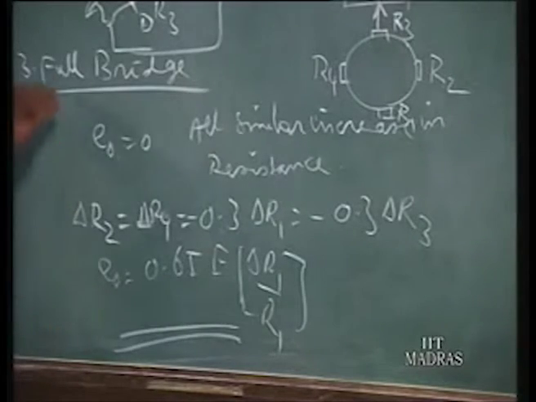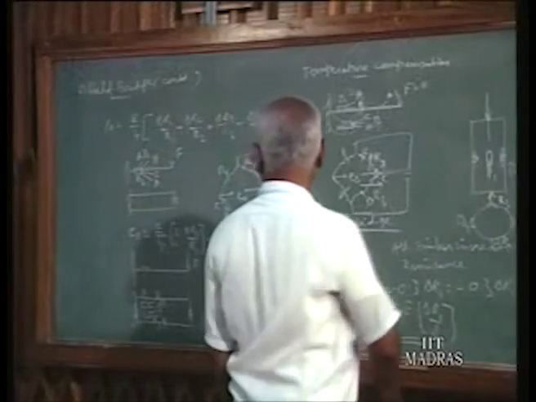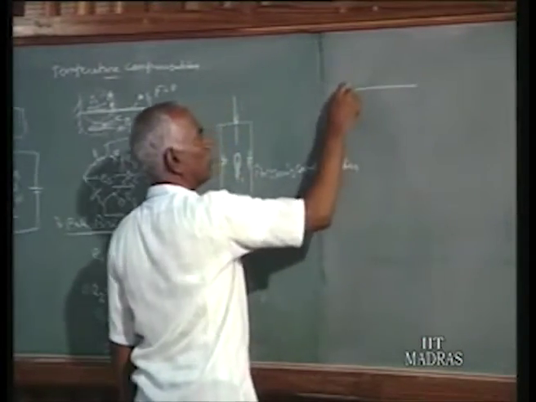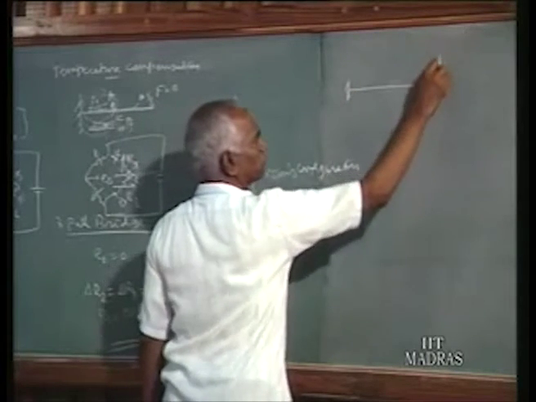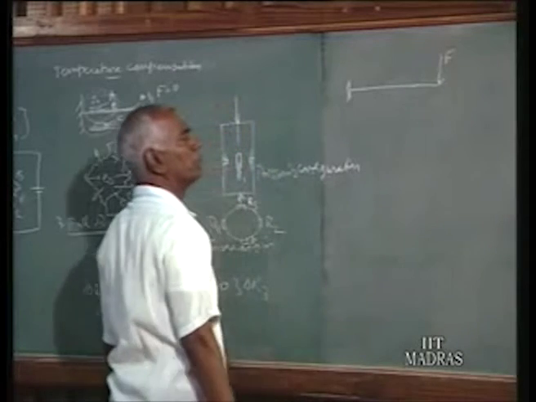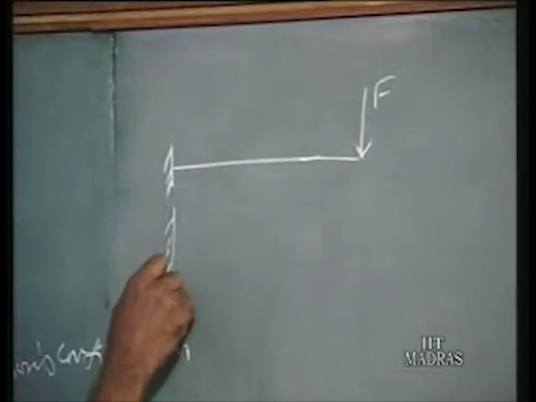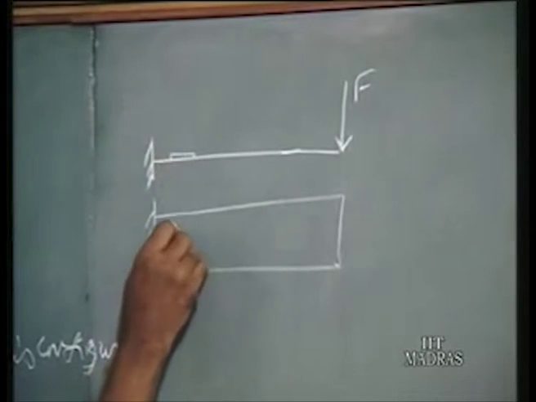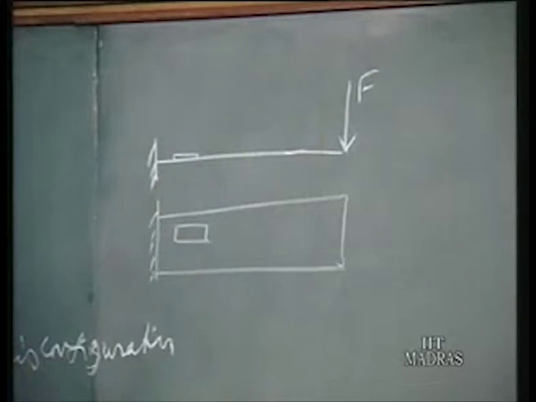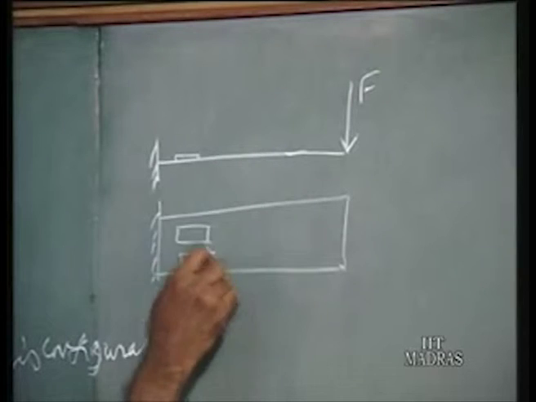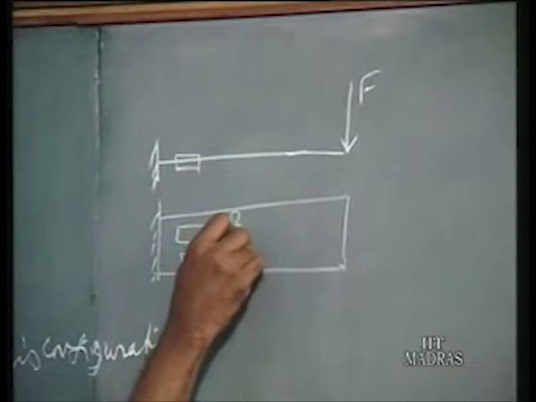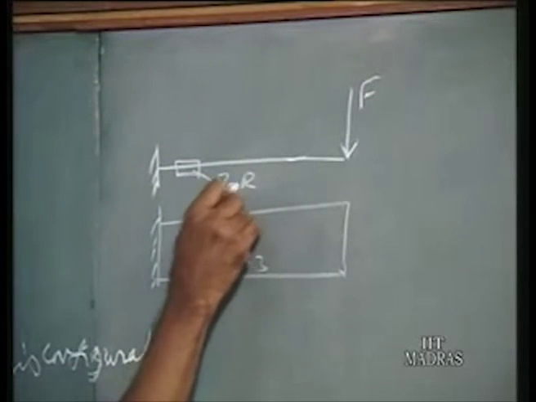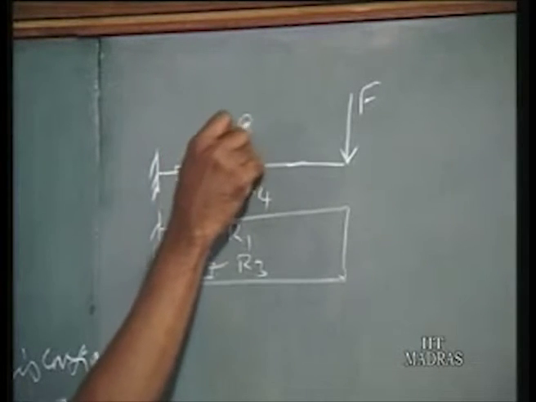Now there is another usage for the full bridge in a cantilever. Again the cantilever loading conditions. There you can have 4 strain gauges with 2 of them in tension and 2 of them in compression. Suppose this is a cantilever where force is the input signal. Now I will draw the plan of this cantilever. Now we find 2 strain gauges are pasted at the top to take up tensile strain for this type of loading. The other 2 strain gauges are at the bottom. Now if this is R1, this would be R3, and the other two here at the bottom will be R2 and R4. This is R1 and R3.